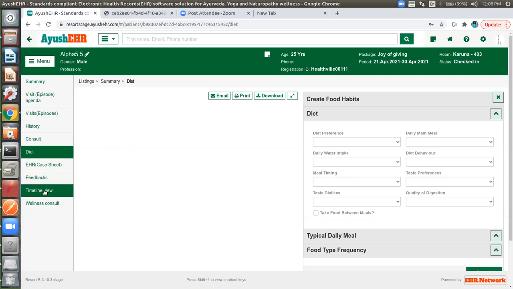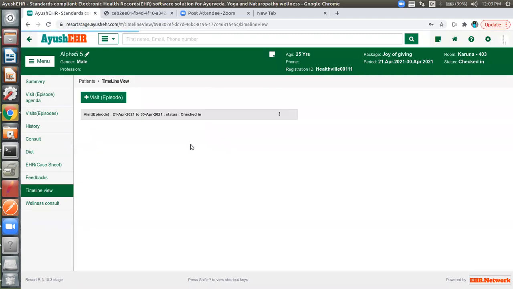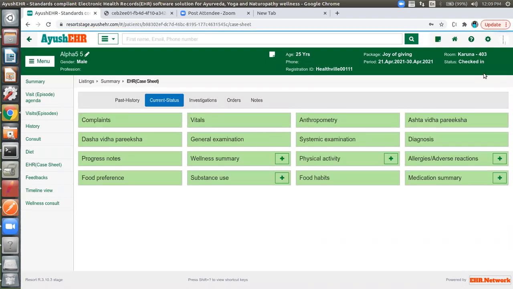So yeah, as I said, this timeline view is based on their booking. Now they have come in the month of April. Again, they can come in the month of May and give their progress about their lifestyles and their problems. What this timeline view actually does is, based on the month they have visited, we can go through their problems and lifestyles. If we want to look at all their EHR data, irrespective of the bookings or visits, we can go to this EHR.